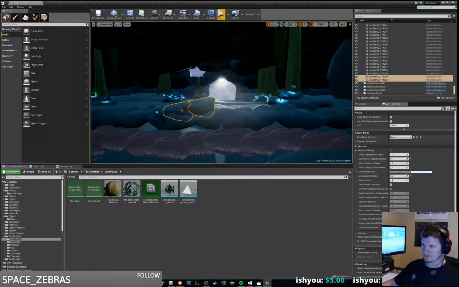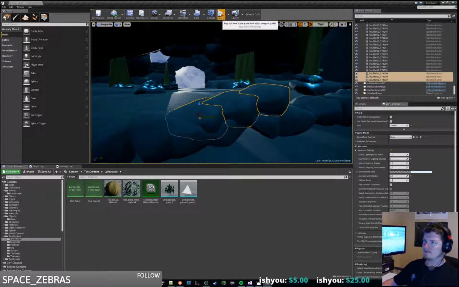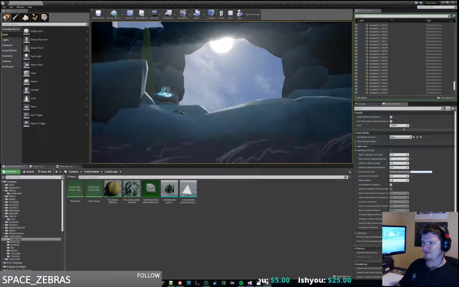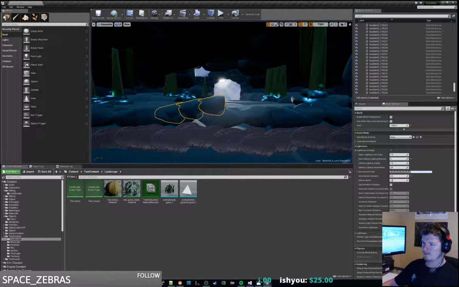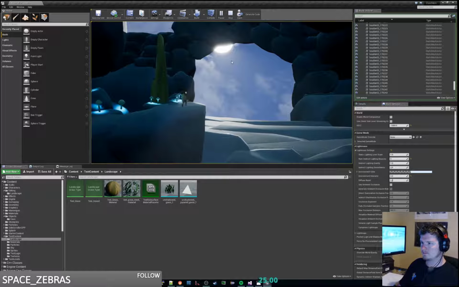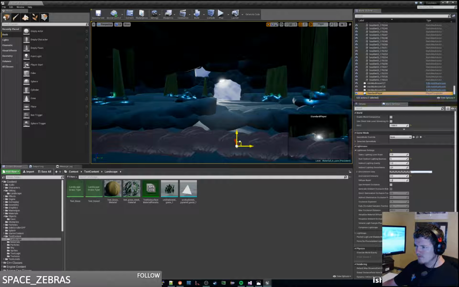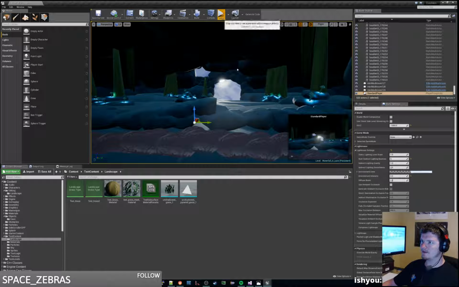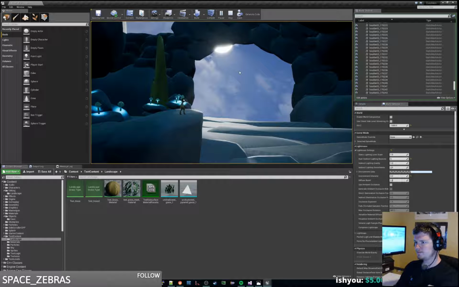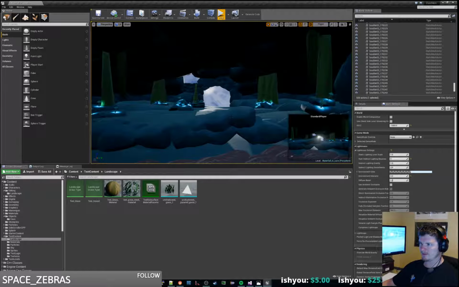Yeah, so something like that will work pretty well for us to be able to view this area. We're stuck in the wall. Alright, let's put ourselves on top of that to start with. I think that'll do it. There we are. Alright, so this should help us see what's going on. But I think we need to be farther over because we need to see this waterfall come out of here, so